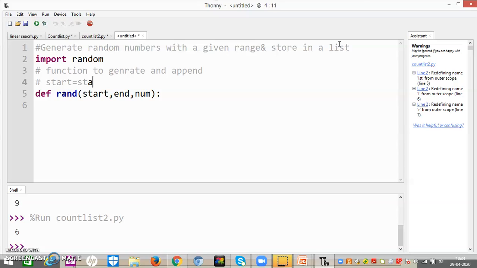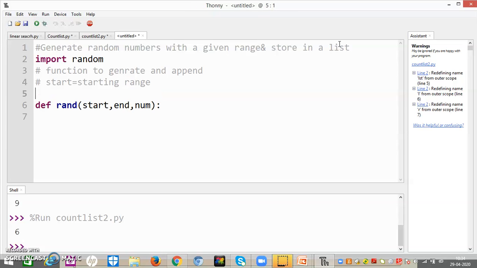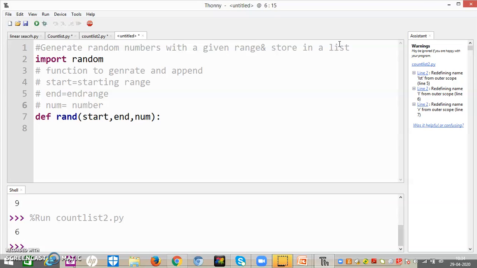Start is the starting range, end is the end range, and num is the number of elements. So I have defined a function.